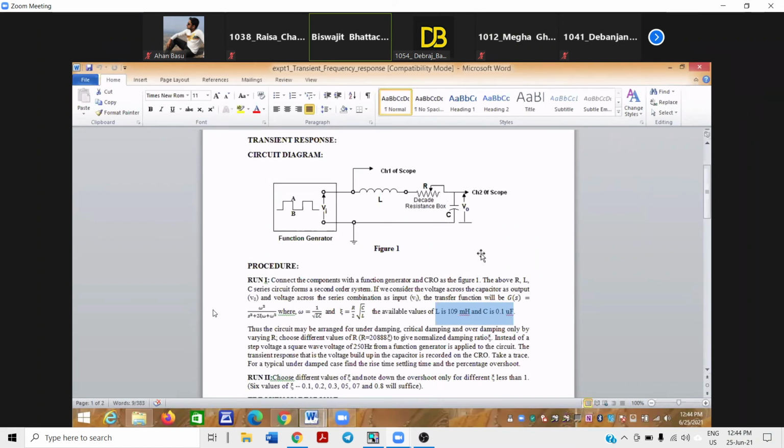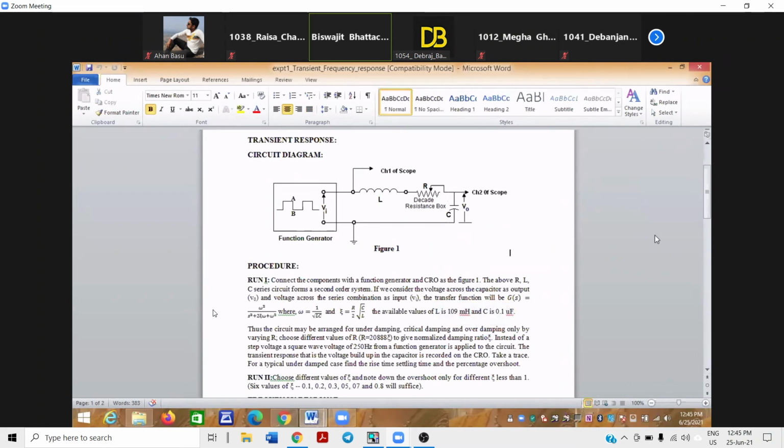Our discussion will be mainly limited to getting acquainted with the software: how to run it, how to draw a circuit, how to run the circuit, how to get various outputs of the circuit, and how to change the parameters and get our output accordingly. All these things we want to see. So let's see how to use that software.